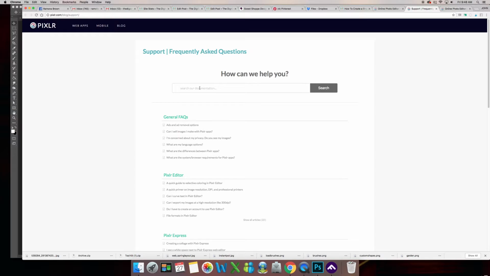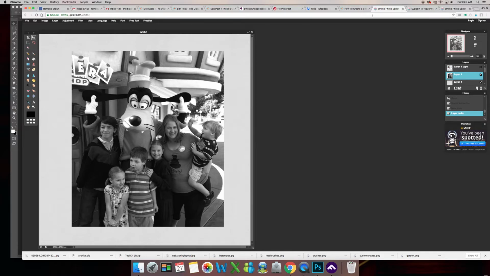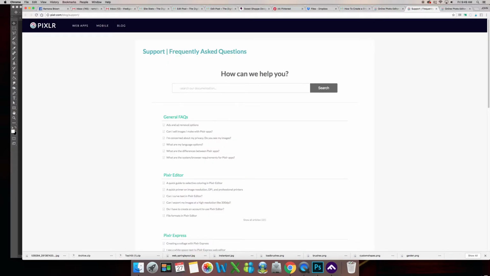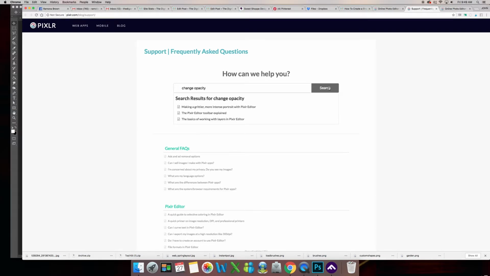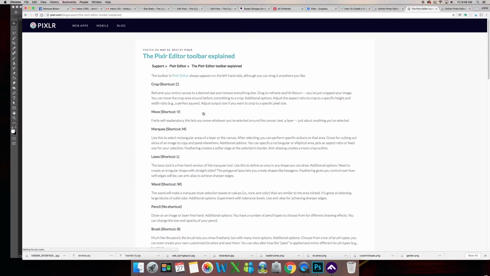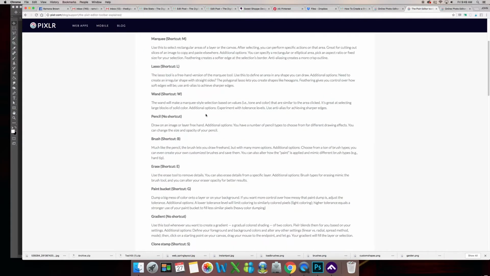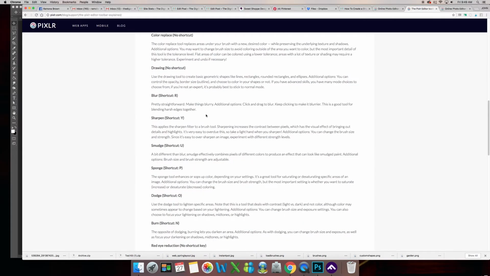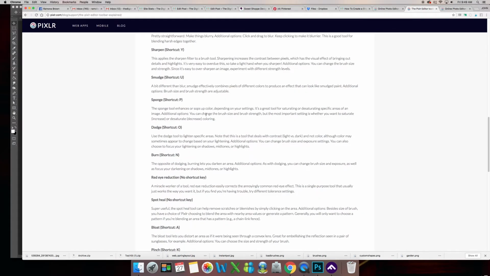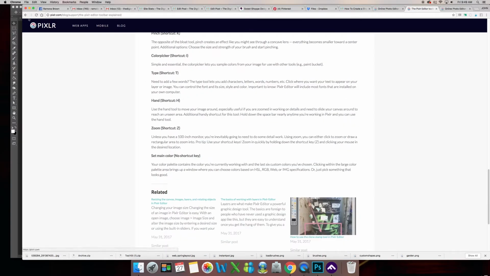Well, here's a good lesson if you are trying to figure out Pixlr yourself and you're fairly new to it. You can always click help and it will bring you over to here, and we're just going to put change opacity. And there are a lot of things you can look up and see what you can do. Crop, move, marquee. So yeah, these aren't really any of the ones we're looking for. So we'll go back